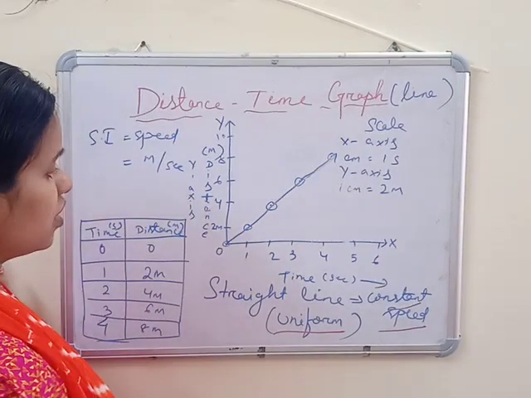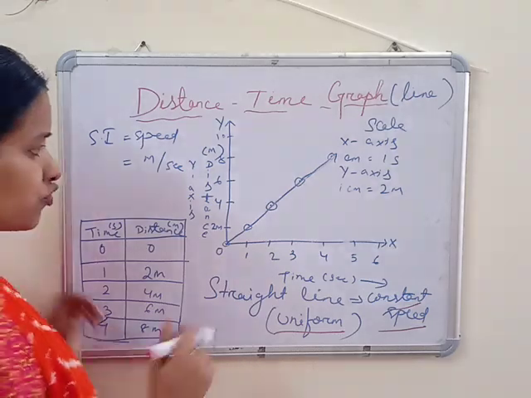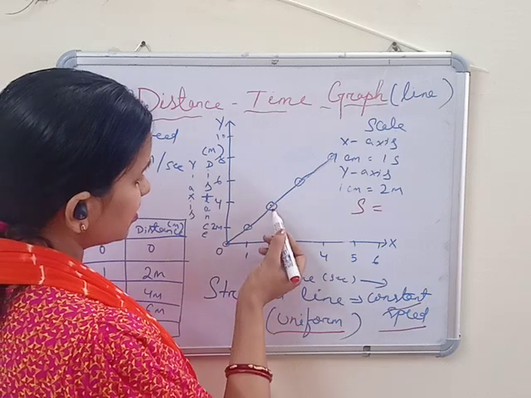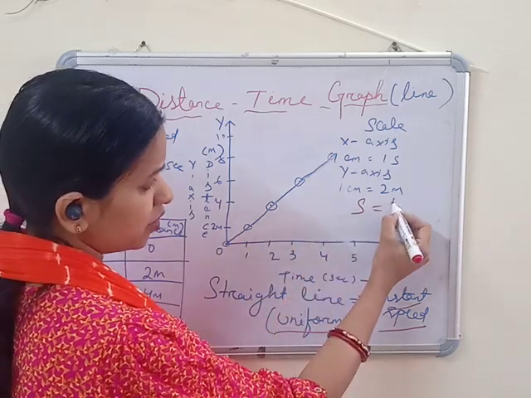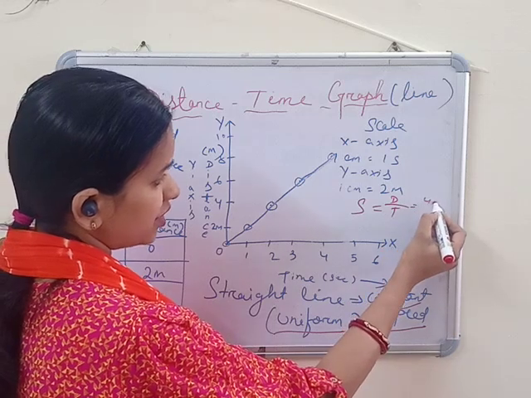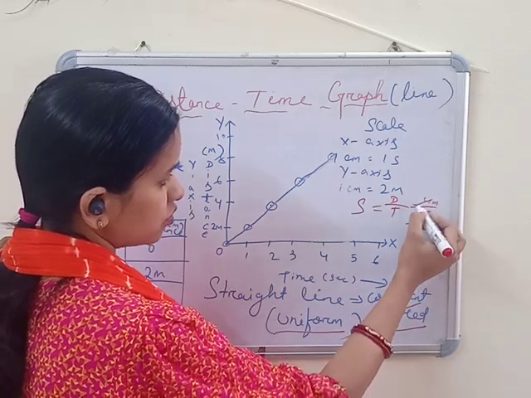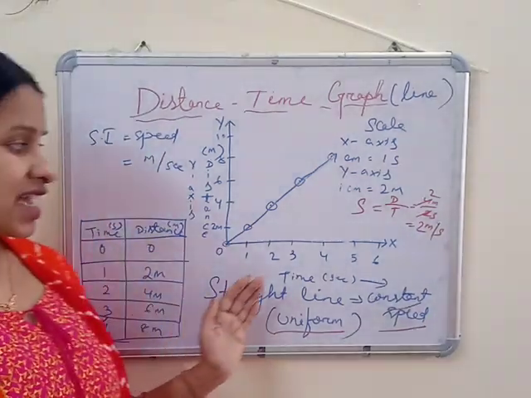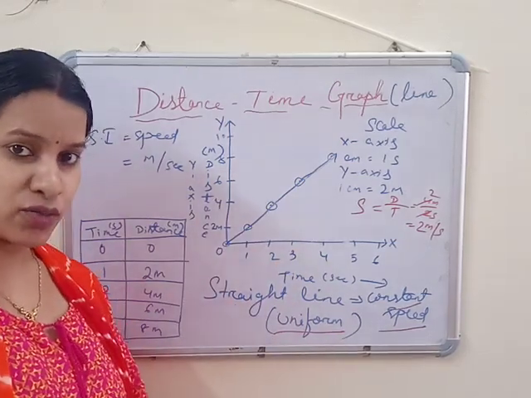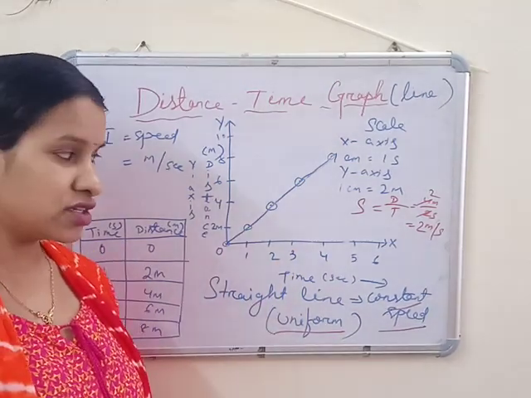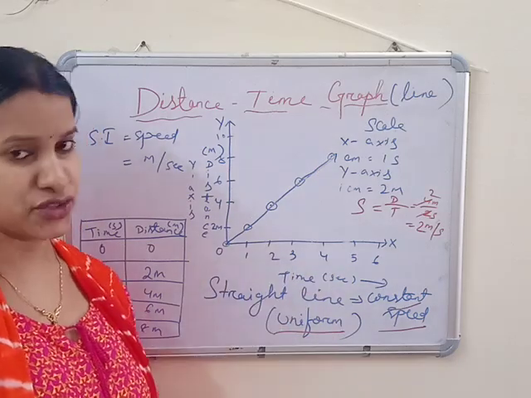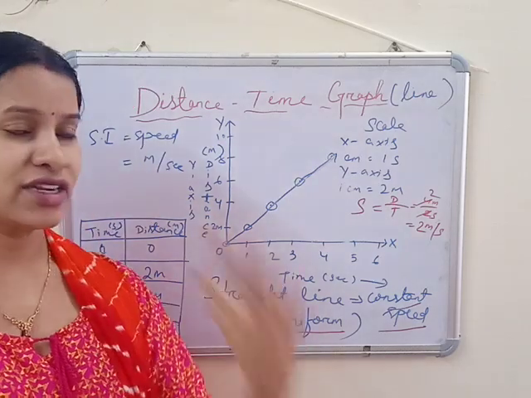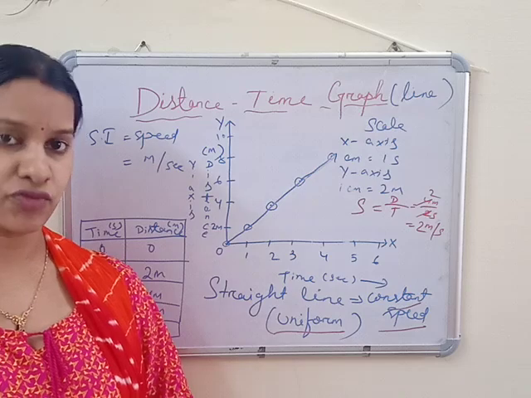Okay. So you understand how. And to find out the speed of the given object: in 2 seconds, it is covering a distance of 4 meter. So you know the speed formula, distance by time. For 4 meter, it takes 2 seconds. So we get 2 meter per second. So the distance time graph gives you clear information about the motion, whether it is uniform or non-uniform, and also you can easily find the speed. इसलिए distance time graph बहुत ही easy, convenient है to interpret the motion and speed of the object.